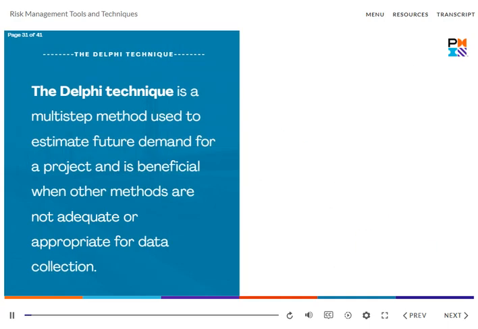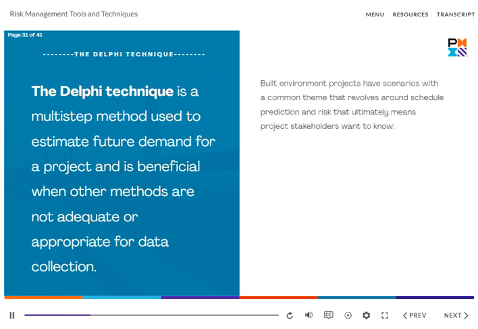The Delphi technique is a multi-step method used to estimate future demand for a project and is beneficial when other methods are not adequate or appropriate for data collection. Built environment projects have scenarios with a common theme that revolves around schedule prediction and risk, which ultimately means project stakeholders want to know how long it will take to completion and how confident you are in this date. The Delphi method is one technique that has been used on projects to address these 2 issues of time and